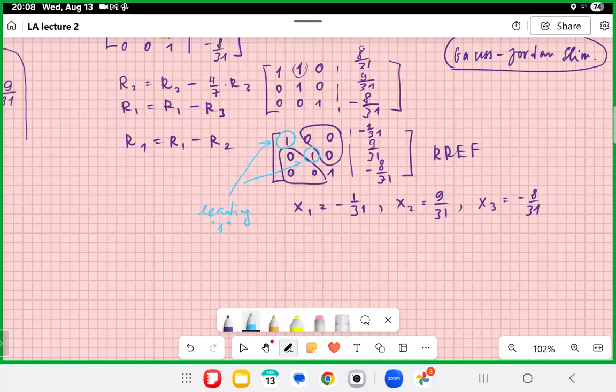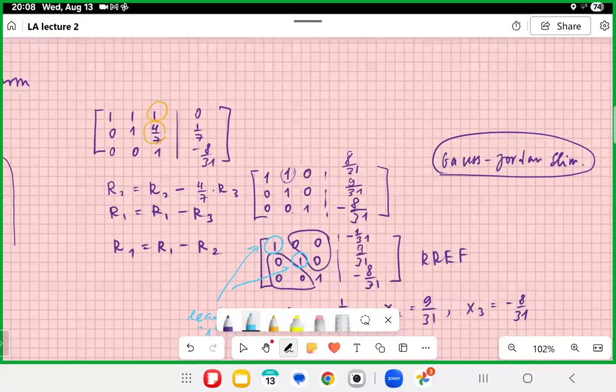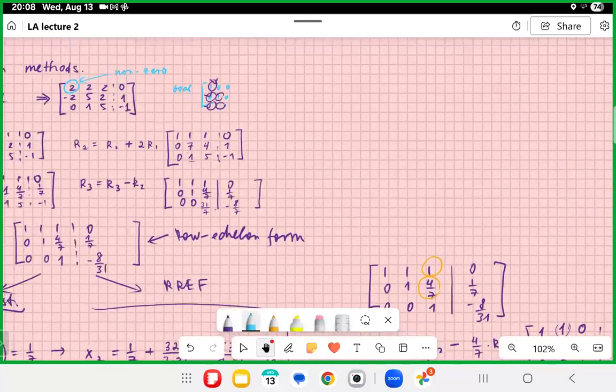And we are going to look for which variables have leading ones, and we are going to call those variables leading variables. So if you have leading ones, the variables which correspond to these ones are called leading variables. Now, the rest of the variables are going to be called free variables. And over here in this specific equation, we don't have any free variables, so it's hard to tell you what free variables are. But if we go back,